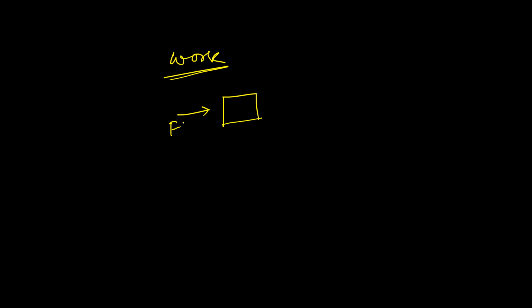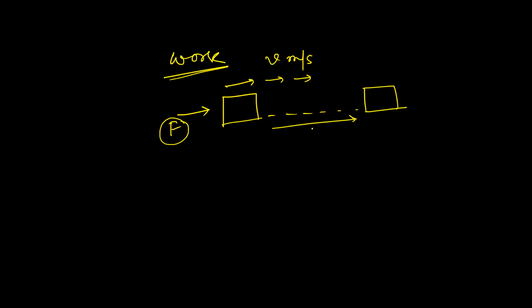Otherwise, we can say if you apply some unbalanced force to an object that was moving with some velocity, suppose in this case it is moving with a velocity of v meter per second, so it's moving with uniform velocity, or uniform speed. If you apply some unbalanced force, it may accelerate or it may decelerate. Now in this case you are applying some force and we are getting some displacement, and if the displacement is represented by s after applying this unbalanced force, then obviously the object has done some work.